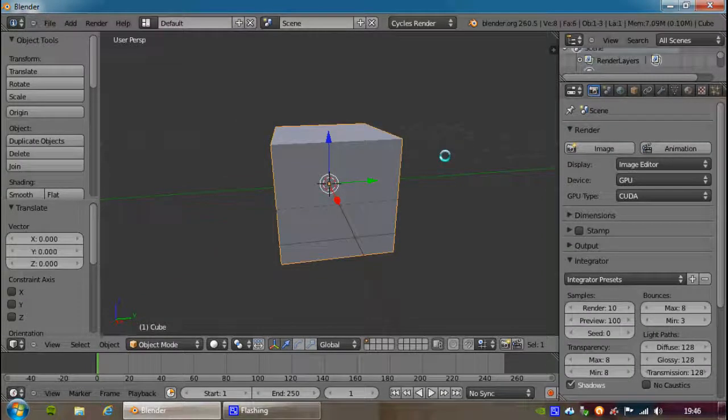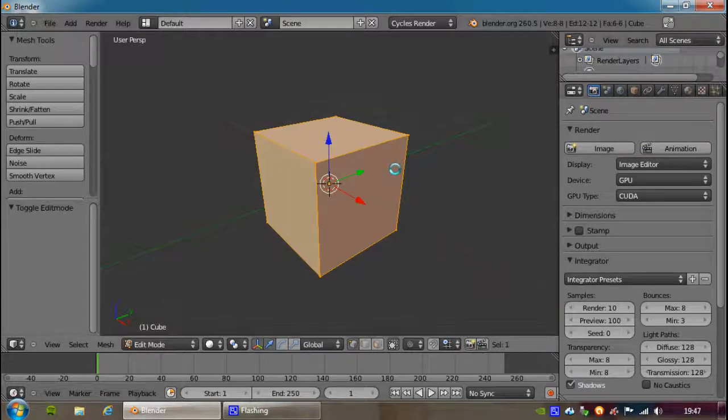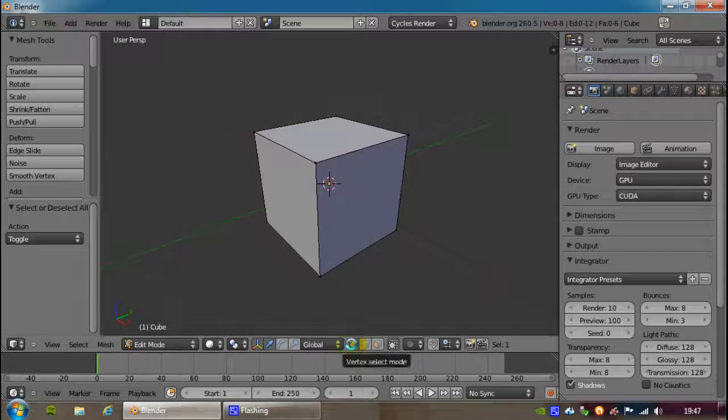The main things about a 3D object are always going to be its properties. If I hit tab, I'm now in edit mode, and if I hit A, which means I'm unselecting all of the vertices, I can now choose between whether I want to, down here, select a vertex, an edge, which is two vertices joined, or a face. So imagine I wanted to just take a point in space, so I'll choose a vertex, and